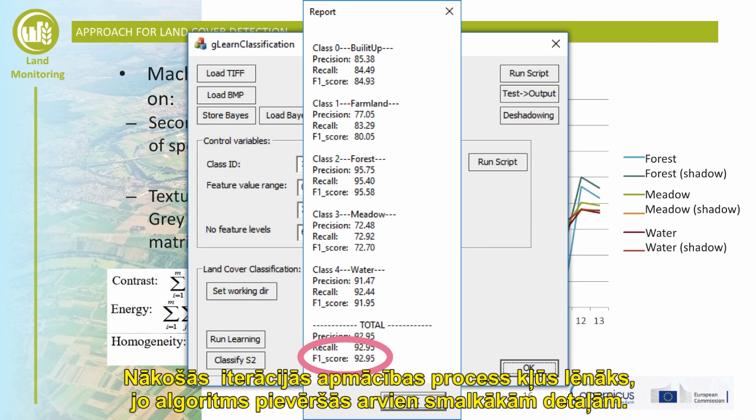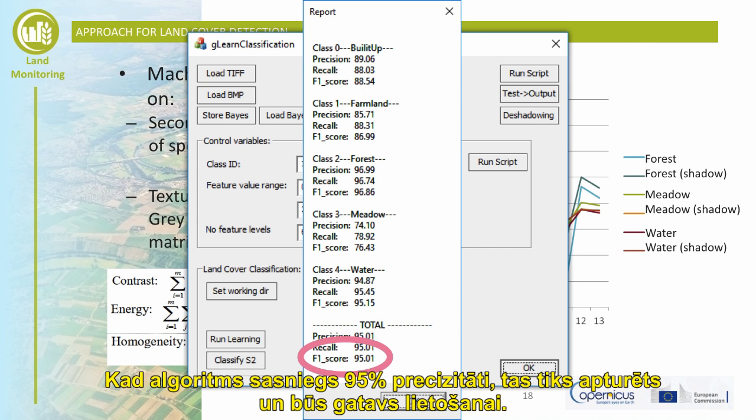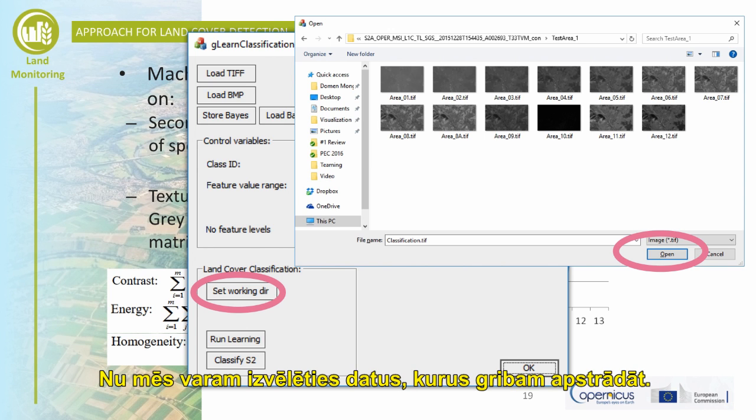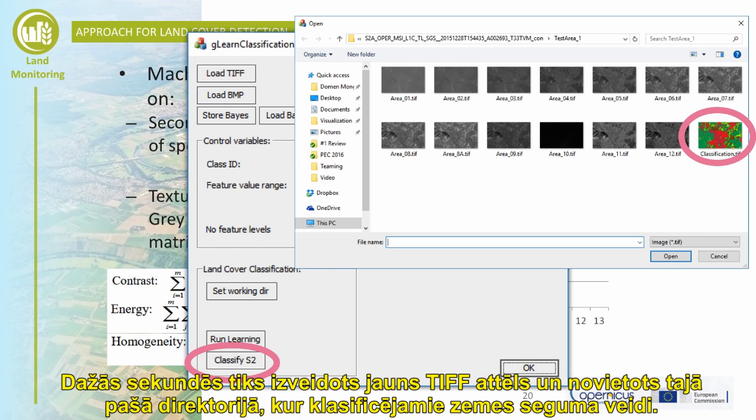During the next iterations, the progress of learning will become slower, because the algorithm is focusing more and more on the details. When the algorithm achieves 95% accuracy, it will stop and will be ready for use. Now we can select the data that we would like to process and process it by clicking on the Classify as button. In a few seconds, a new TIFF image will be created in the same directory that will contain classified